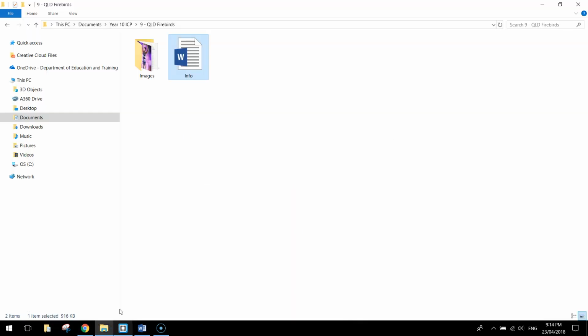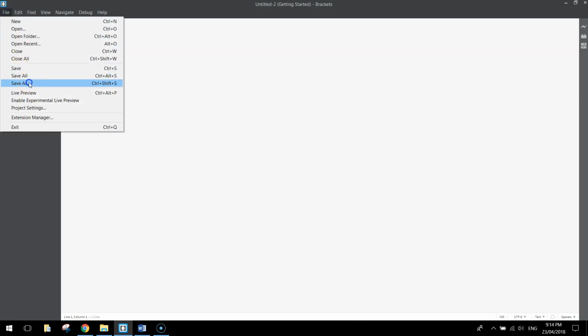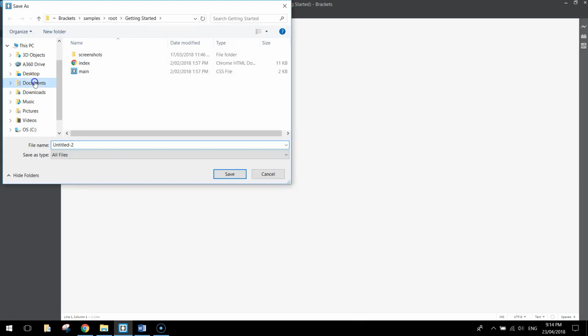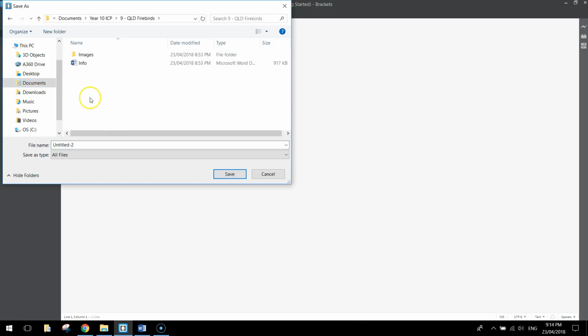So once you have got your folders all set up, you are ready to open up Brackets and we can start coding this web page up, or the first web page up, sorry. So start a new document in Brackets, and before you start typing, just go to File and Save As. Navigate through your documents until you find the Queensland Firebirds folder. And the first page we're going to save is the